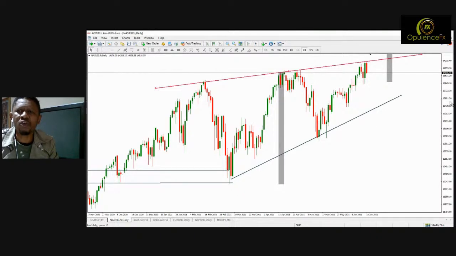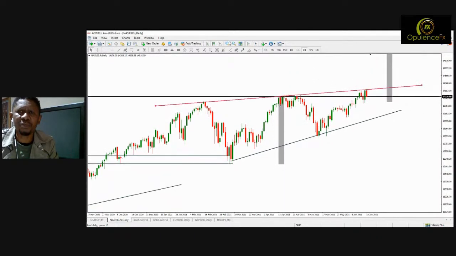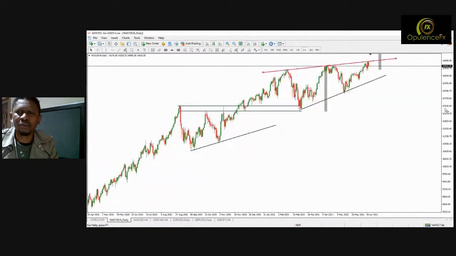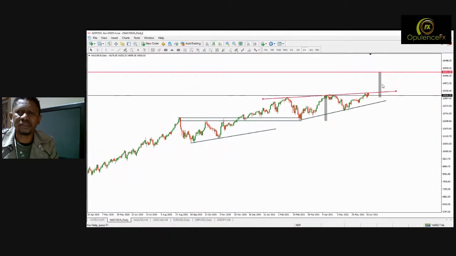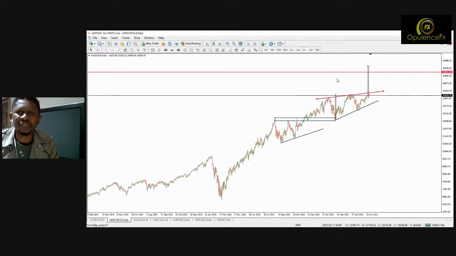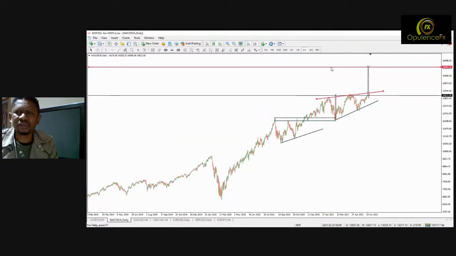If this price can only break above this point, we are going to be seeing a double whammy to the upside. So it could be something like this. Then just on top of that resistance, it is going to be building up on top of it, just to adjust to the higher side. That's what we're going to be looking at. Will it? Remember, nothing is lost, because this trend is lost only if the price would break below this point. It is not yet there.